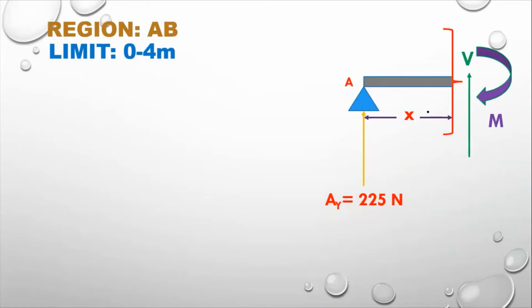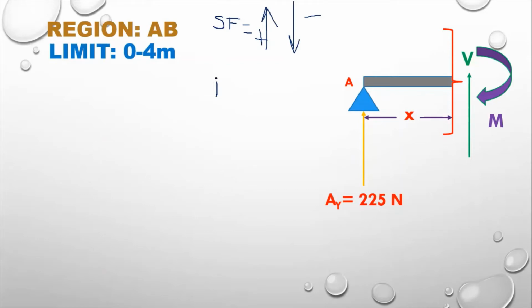So what we have to do is make the equation of the shear force and bending moment. And how can we make the equation? Let me tell you. Keep it in mind if you are making the equation of shear force, you have to sum up all the vertical forces. So how can you sum up? All the upward vertical forces should be positive, which we have taken earlier, and all the downward forces should be negative. So Ay in this case should be positive, and there is only one vertical force over here.